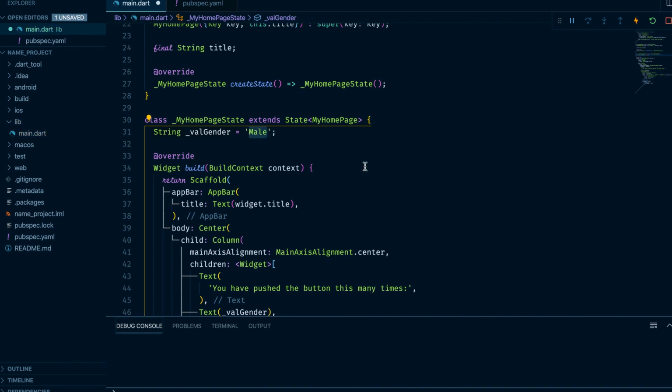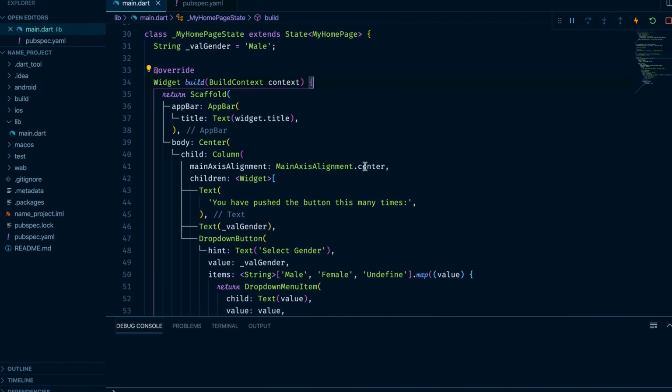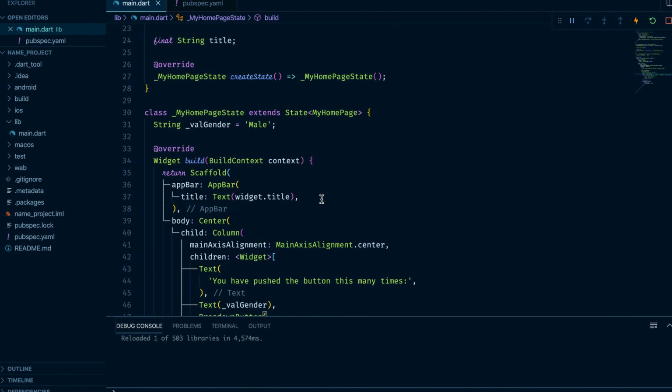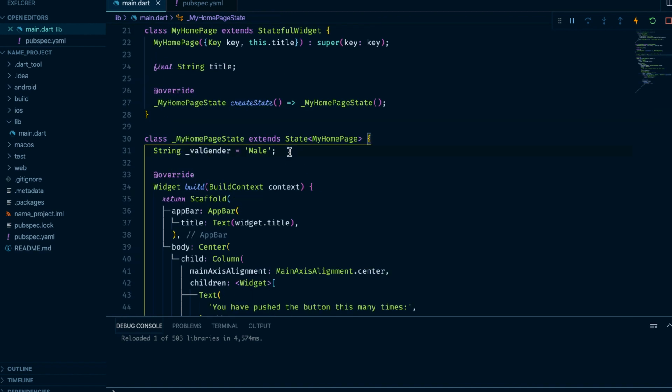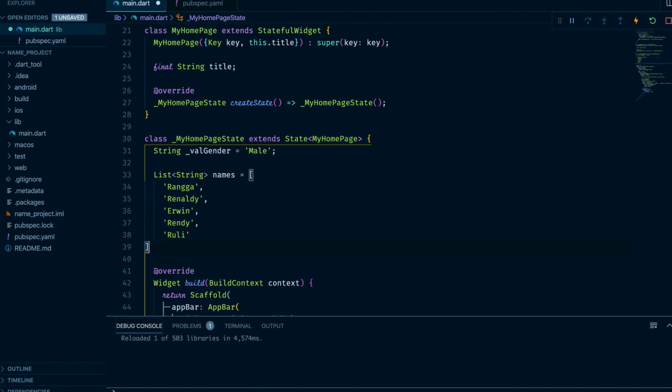And second, if you have many items in this dropdown, this code will look ugly. You can separate the list directly in your stateless or stateful widget. For example, I have a list of names of my friends, like this, and define it as names.